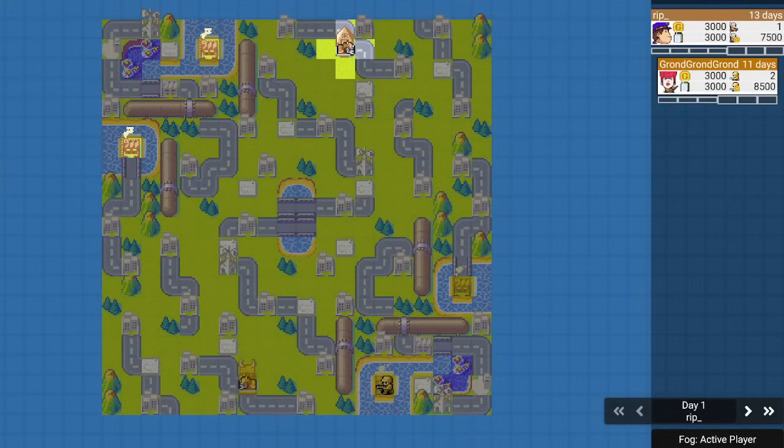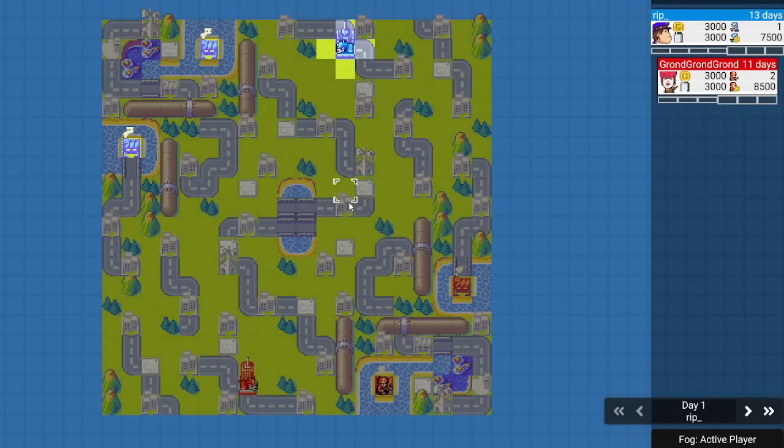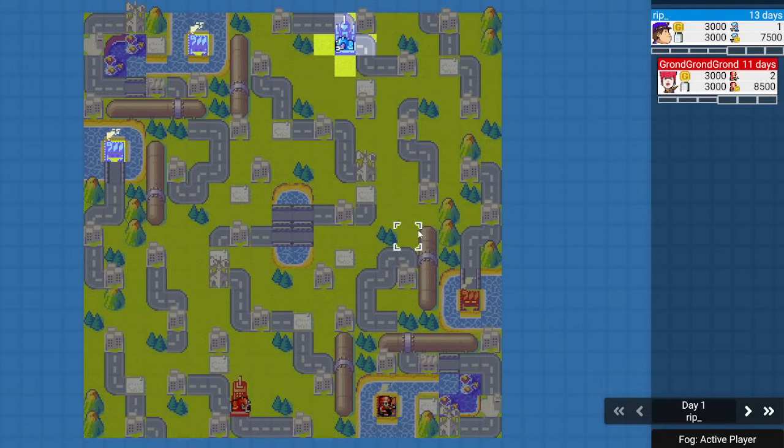Okay, and we're back, and we're here on Logarithmic V2, and we have Rip and GrondGrondGrond. And I'm going to change these colors because these colors look very, very similar. In this game, we've got Rip as Drake and GrondGrondGrond as Kindle. So in this matchup, generally speaking, Kindle is the harasser and is going to try and get some early damage done to advance into the mid game